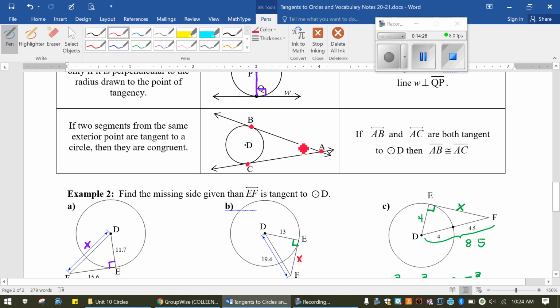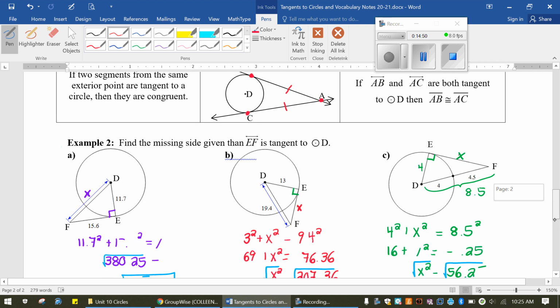If you have two tangent segments coming from the same point, then these two segments are going to have the same length. Not the part that extends here, but just the part from where it touches the circle to the point on the outside. If we come down to number 3,